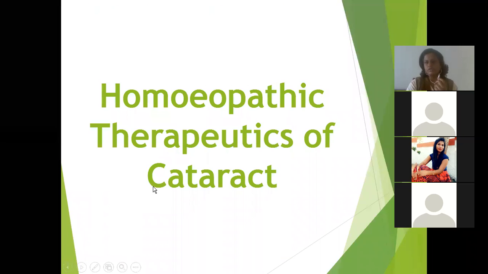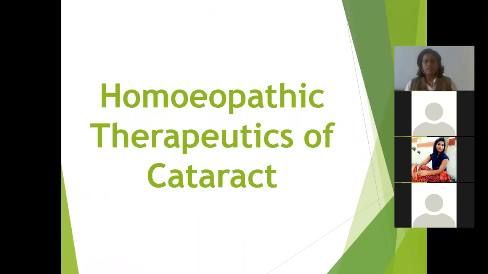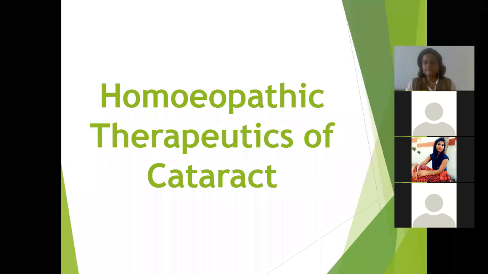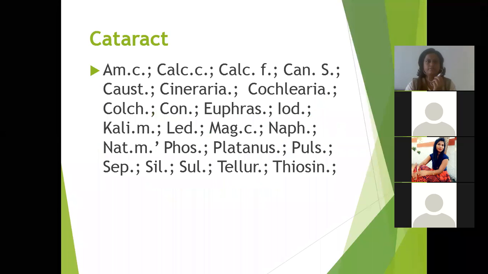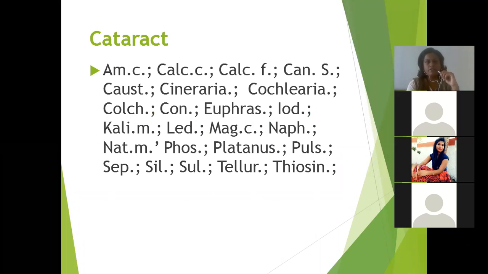Next, after studying the detailed classification of cataract, the next topic is the homeopathic therapeutics of cataract. For cataract, we can use Ammonium carb, Calcarea phos, Cannabis indica, Causticum, Cineraria, Colchicum, Conium, Euphrasia officinalis, Iodum,